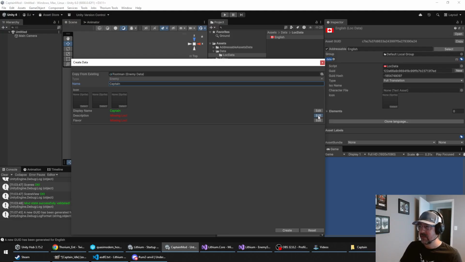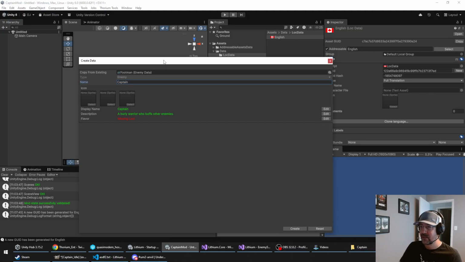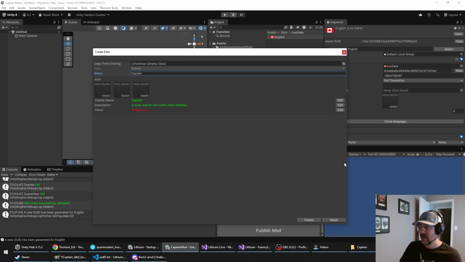Might as well do the same thing with his description. Let's say something like a burly warrior who buffs other enemies. I can quick add that and then select it for my description of the captain. Okay, and that's pretty much all I need for copying the footman into a new enemy template,